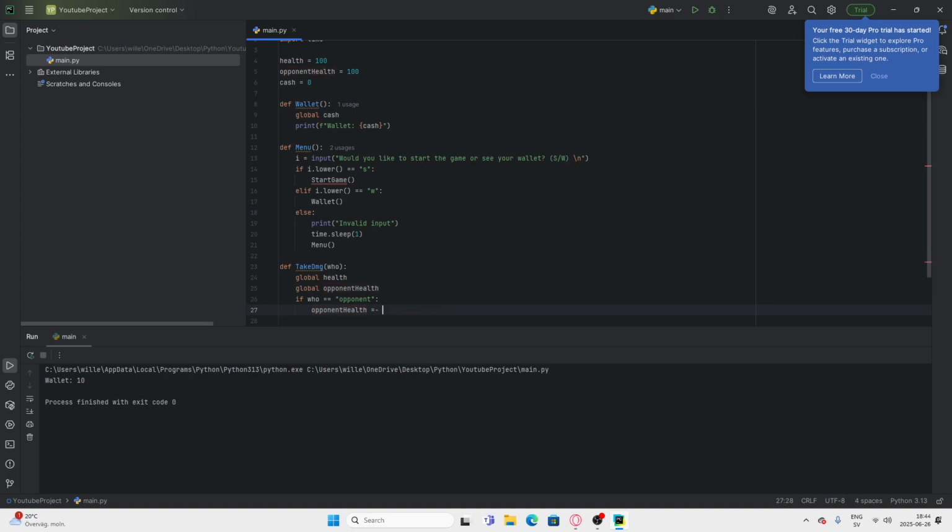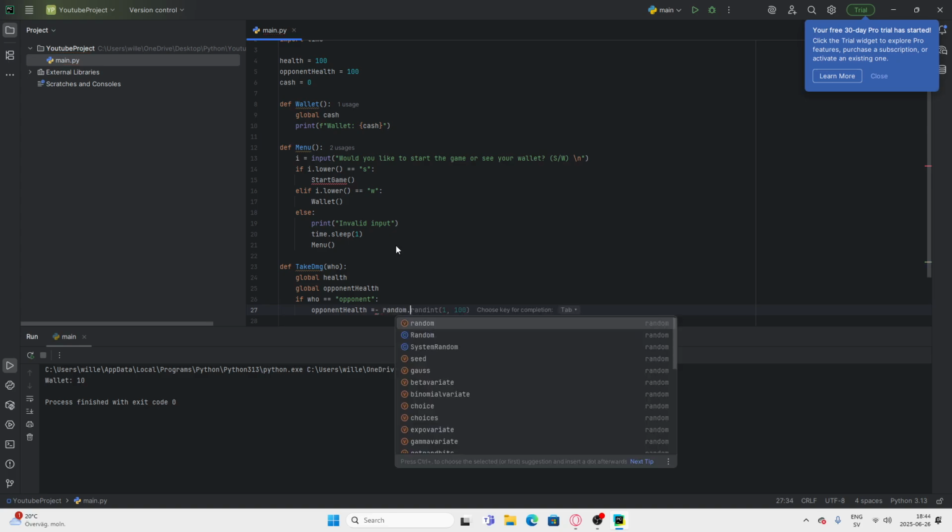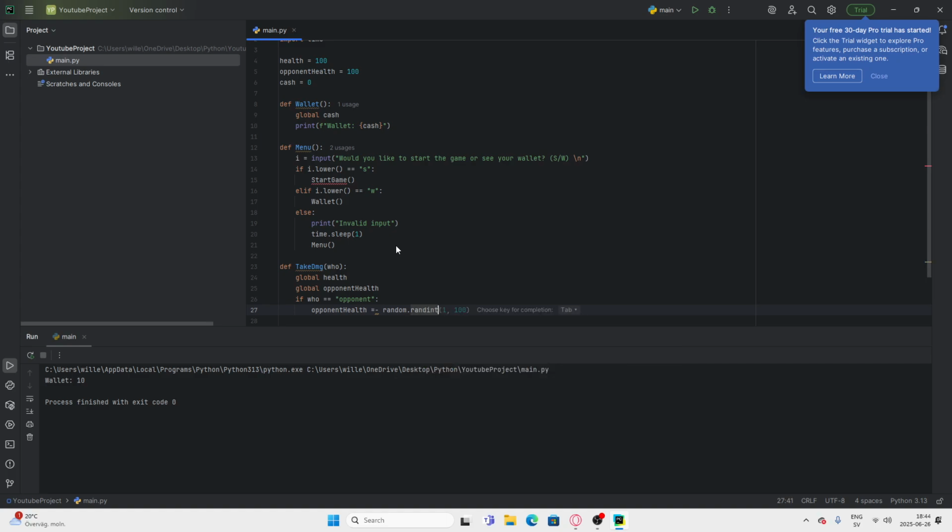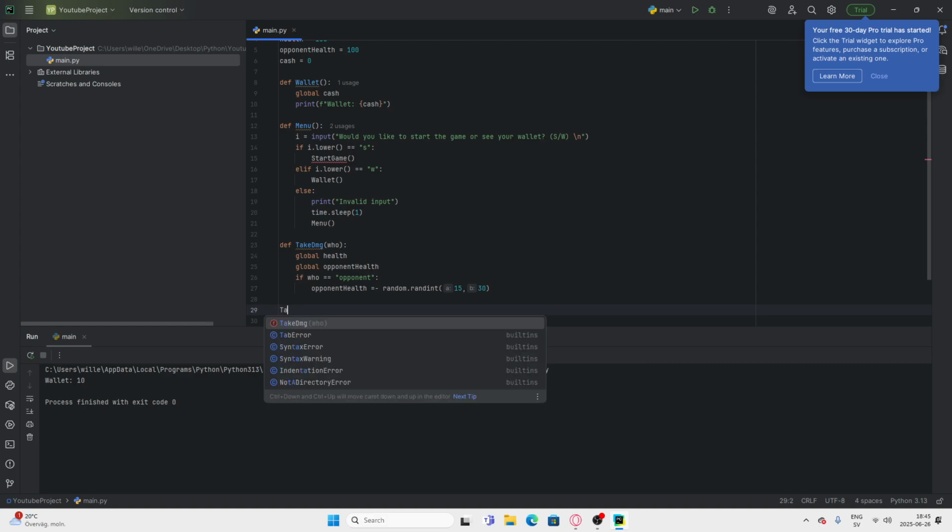And then we're gonna do random dot randint, maybe like 15 and 30. So basically, when you run the function take damage, I'm gonna run it by writing it like this: take